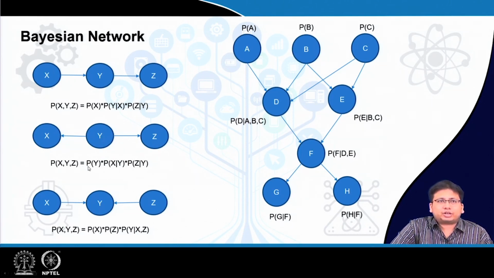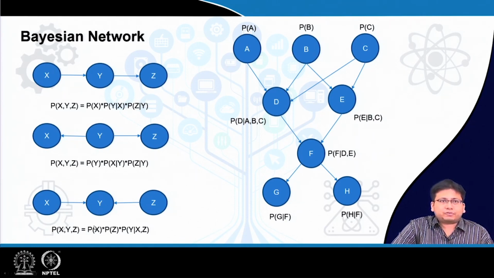Similarly, in this case, you may note that y has no parents, x and z both of them have y as the parents. So, in this case, the joint distribution factorizes in this particular way. First we write p of y which has no parents, then for x, y is the only parent, so I write p of x given y, and for z also y is the only parent, so I write p of